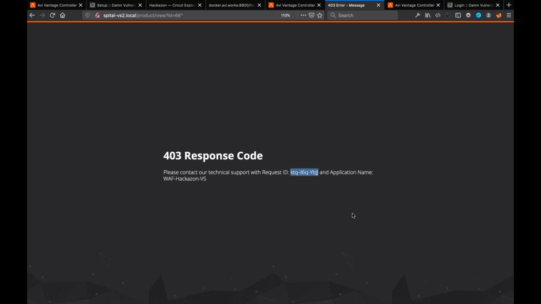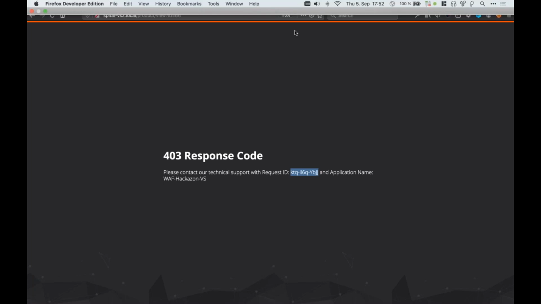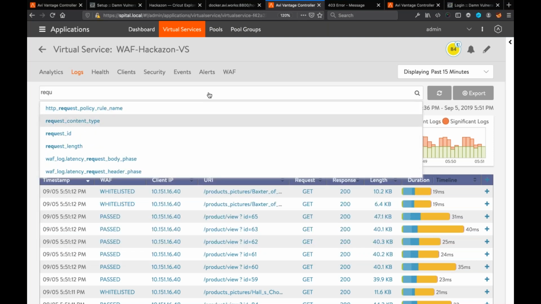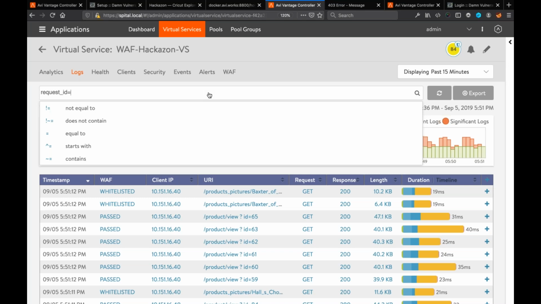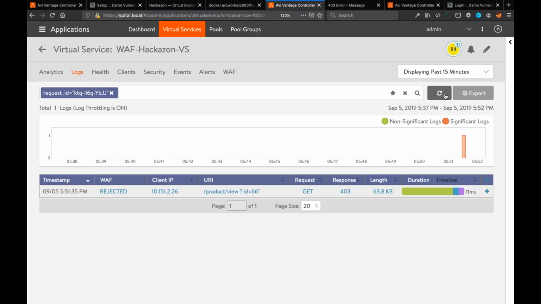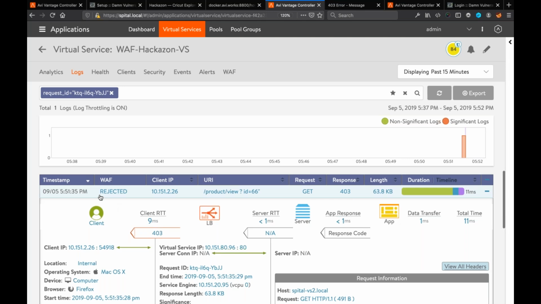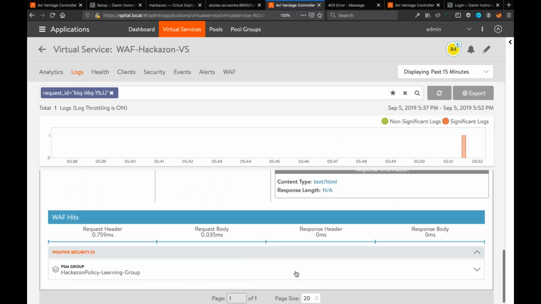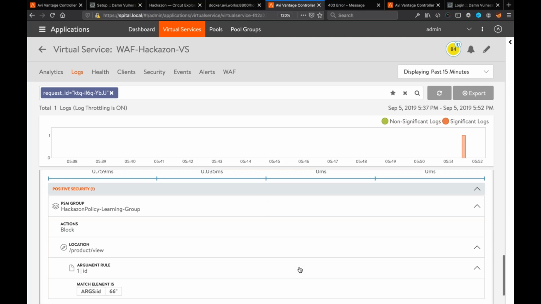The important piece is that it allows us to show a request ID, which, if you have a support center that might work on resolving issues for users of the web page, will allow us now in the search field here to very quickly find the request concerning this particular request ID. So we can see that this was rejected by the WAF, got a 403 response code, therefore it wasn't learned.